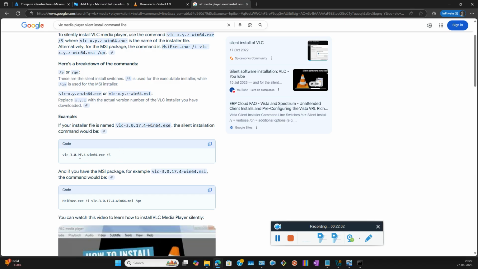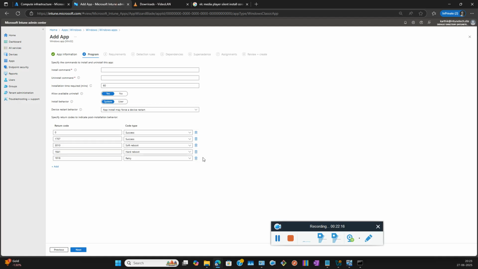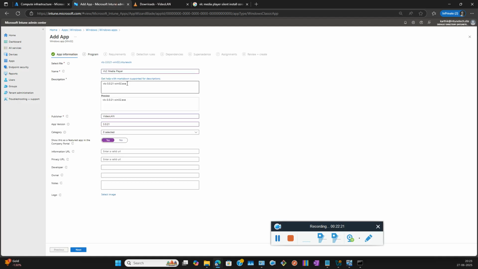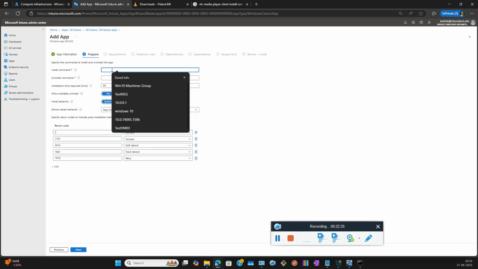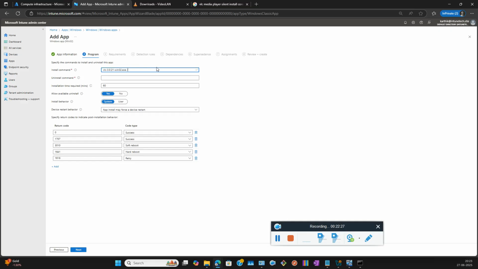For MSI, it is the command which we have discussed. Shall we pass the same? Yes. Let me go to app information, copy this app, come here and paste it, comma, slash